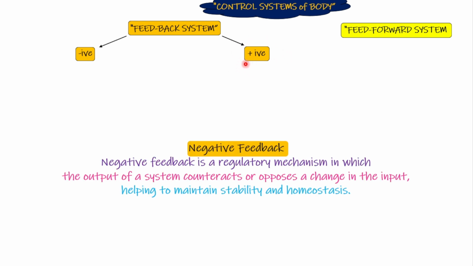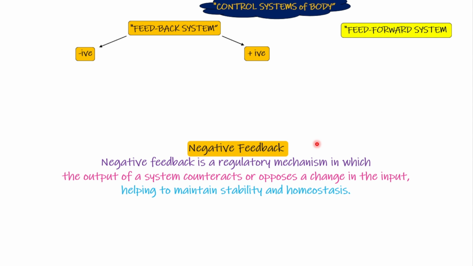Now, what exactly is negative feedback system? Negative feedback system is a regulatory mechanism in which the output of a system counteracts or opposes a change in the input, helping to maintain stability and homeostasis. Now, what exactly is happening? Basically, if there is an input, the output is going against the input in order to maintain a